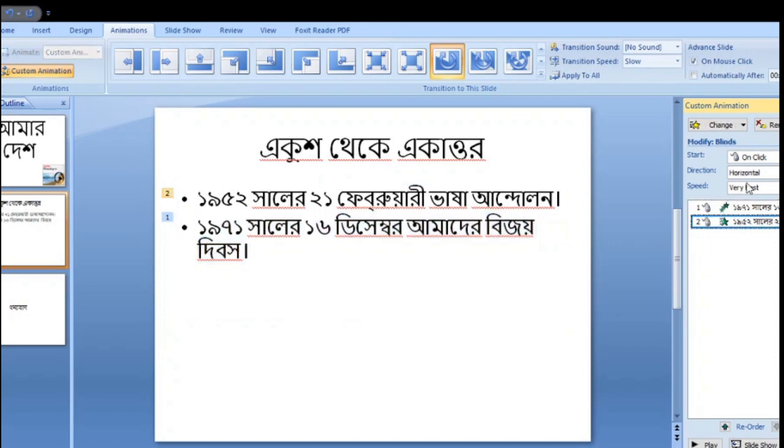Suppose that here I add another animation, emphasis, and choose the brush on color. Again revert this entrance and blinds